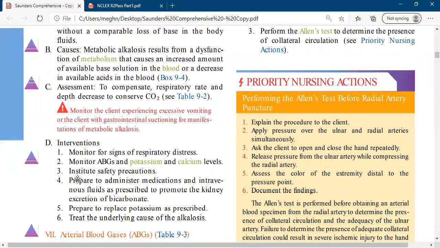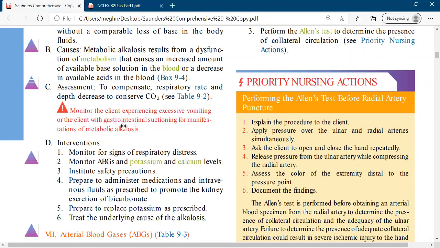Monitor the client experiencing excess vomiting or the client with gastrointestinal suctioning for manifestations of metabolic alkalosis. So vomiting, I said, causes metabolic alkalosis. When we use the suctioning machine or tube, there is a chance the bicarbonate ion increases or the pH level